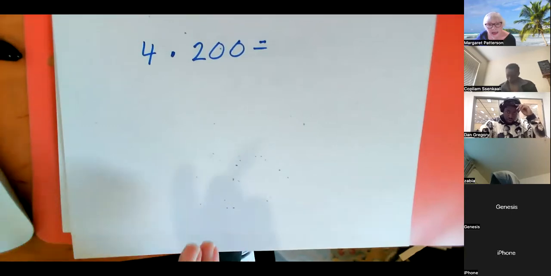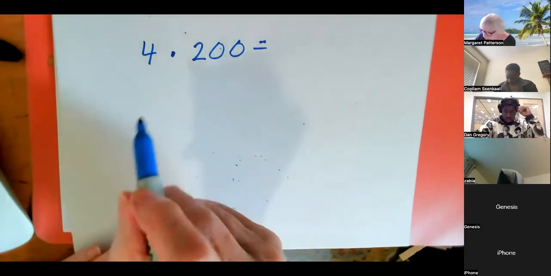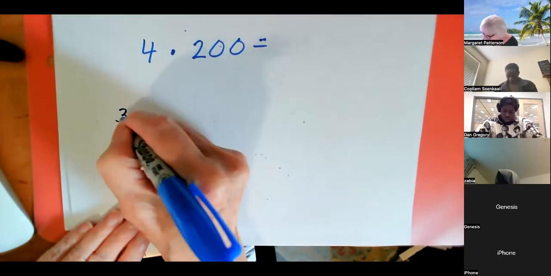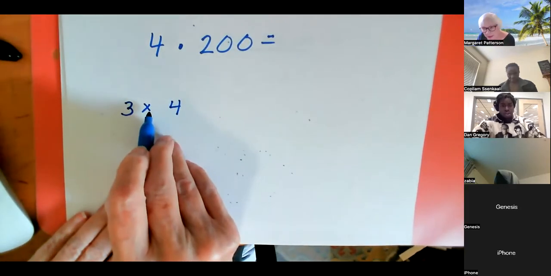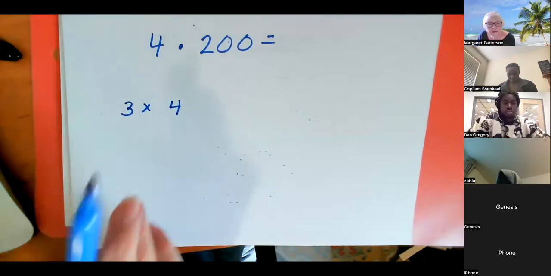So here's the thing. In multiplication, you learned the X meant multiply. The problem with X is that it's one of the favorite